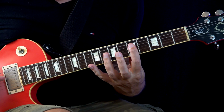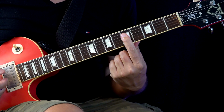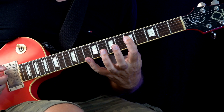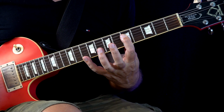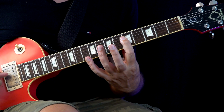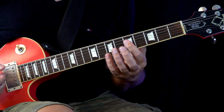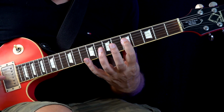And then we do this here. If you can do that, it's the 5th fret and the pinky goes to the 10th. If that's too far for you, you can take the 7th instead, but it will be cooler at the 10th, okay? So that gives the same effect. We also make the same, like...